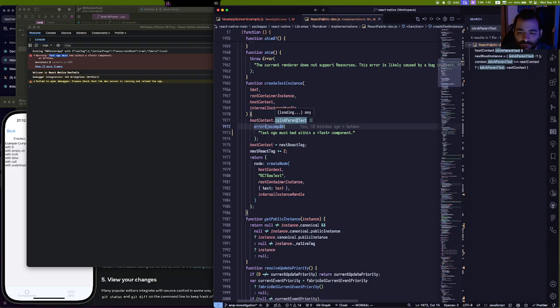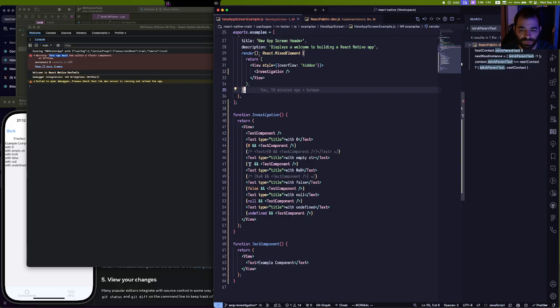So this has to be true, otherwise we'll get this. Which makes sense. I guess it's looking for a host text component, and we don't get these errors